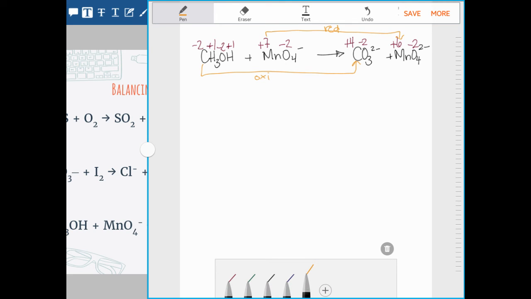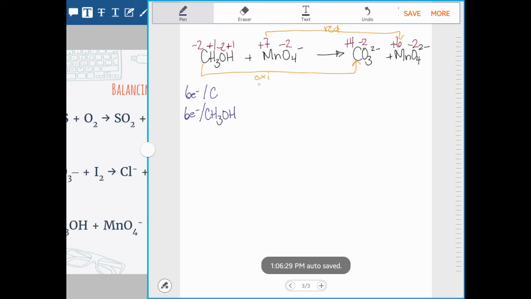Now if I take a look at the number of electrons transferred, from negative 2 to positive 4, again that's 6 electrons per carbon. Now in my compound here, in my methanol, I only have 1 carbon present, so this is 6 electrons per methanol. When I take a look at the difference here, I see that 1 electron is transferred per manganese from 7 to 6. And I have 1 electron transferred per permanganate. Again, that's only because I have 1 manganese present in this polyatomic ion,